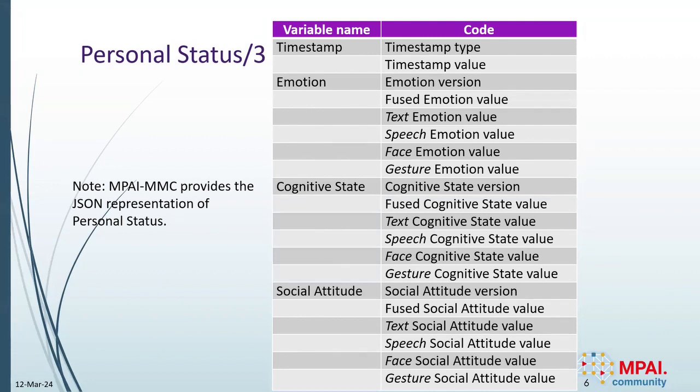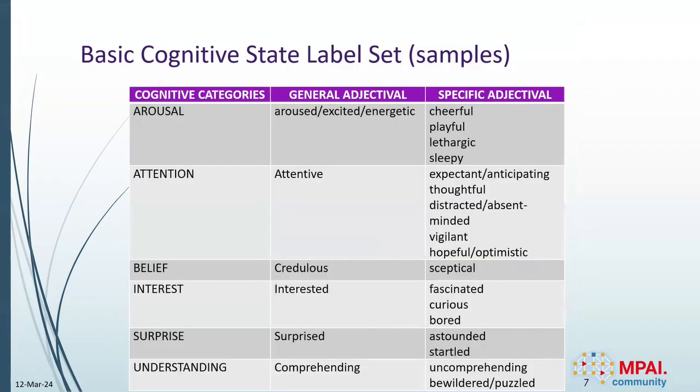In the case of emotion, you've got the version of emotion listings that you're referring to, and emotion values through text, through speech, through face, through gesture, and a fused emotion value that puts all four of those modalities together to give you one emotion, and so on for cognitive state and social attitude. So let's look at the label sets. As I told you,